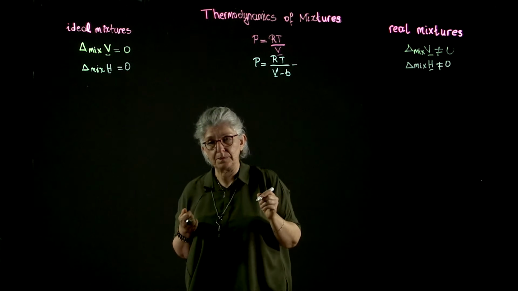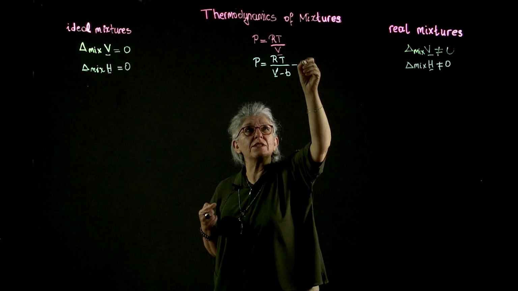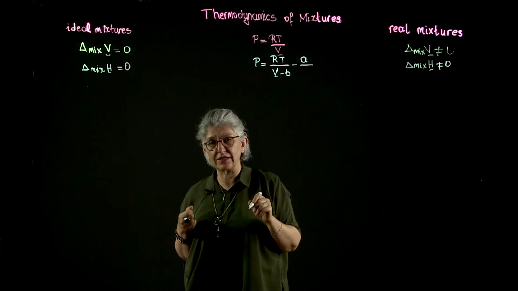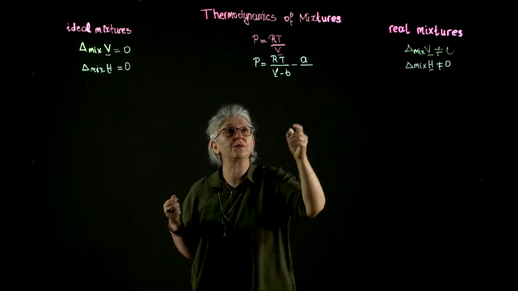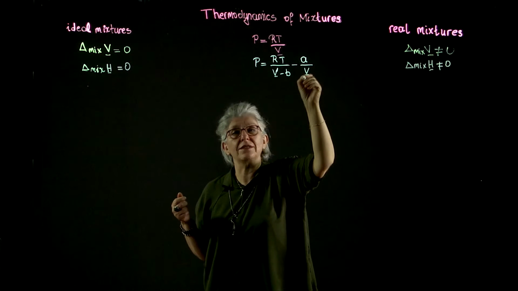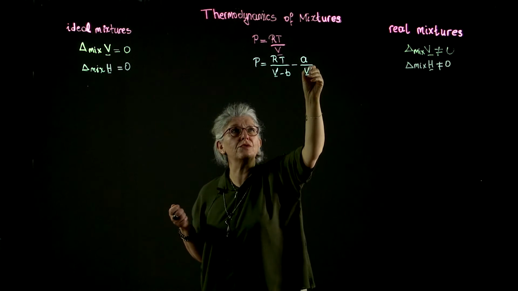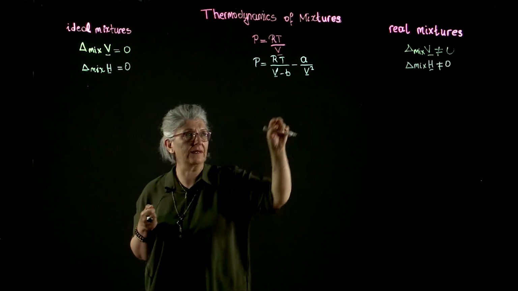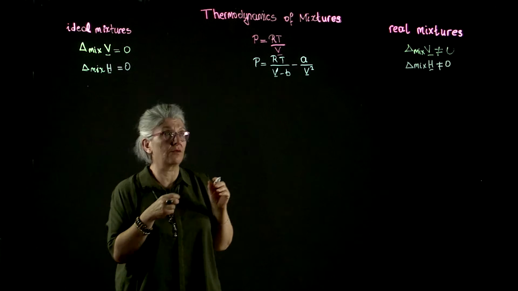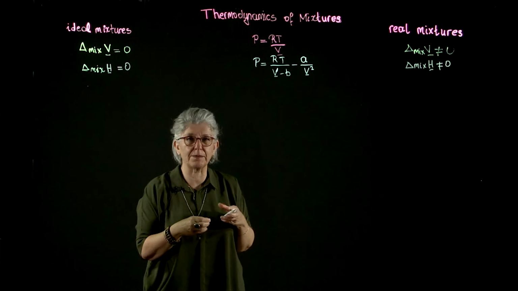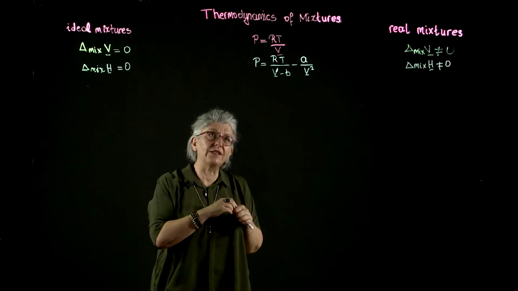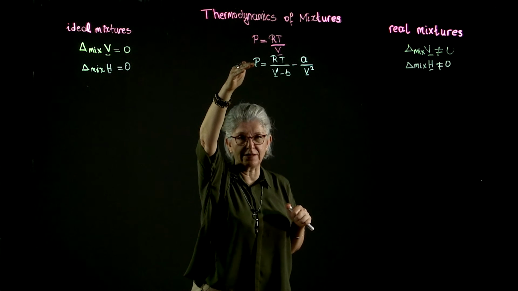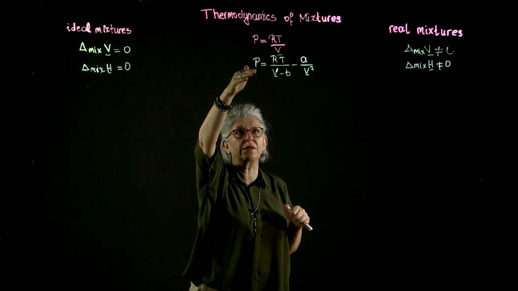The second correction we introduced was for the molecular interactions, the attractive forces between the molecules. And this required at least two molecules, hence we have V square as a reciprocal term, or density square as the multiplier. Now when we just make this correction and translate the ideal gas law to a real fluid behavior